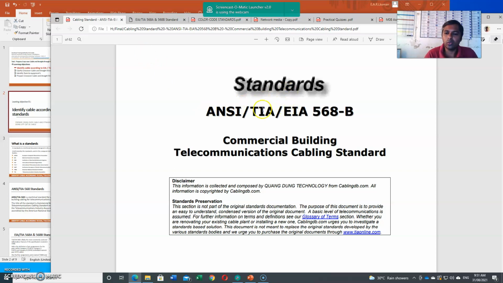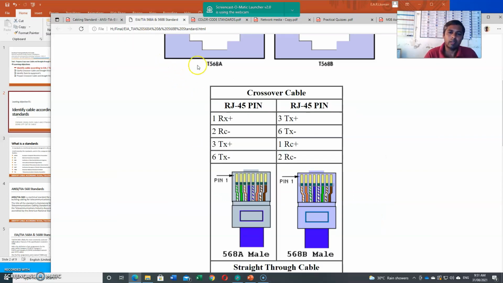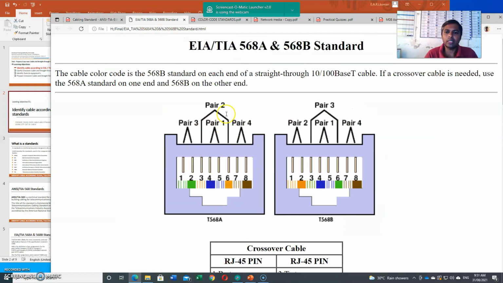This document includes the ANSI, TIA, EIA standards, the commercial building telecommunication cabling standards. The second document covers the EIA/TIA 568A and 568B standards. You read this document very carefully.